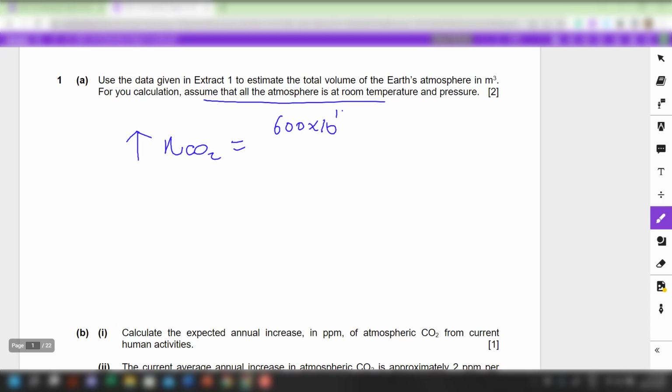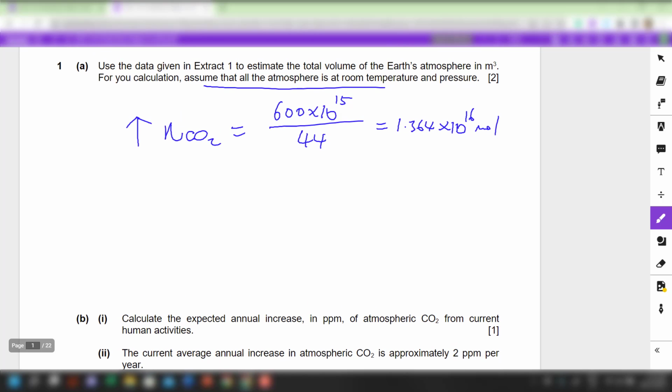So this will be equals to 600 gigatons, so that will be 600 times 10 to the power of 15, and then divide by the Mr of CO2, so that will be 44, and then from here we're going to get 1.364 times 10 to the power of 16 moles. If you punch your calculator quickly, that's what you're going to get. For the next mark, we are required to estimate the total volume of the Earth's atmosphere in cubic meter. So before we perform the calculation, we just let the total volume